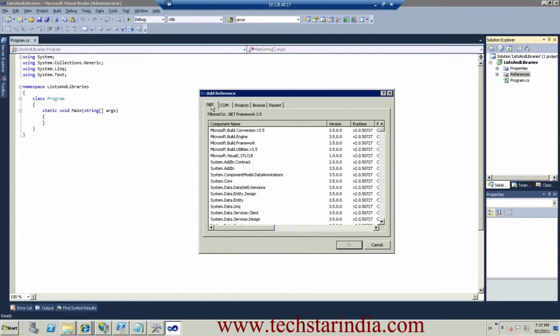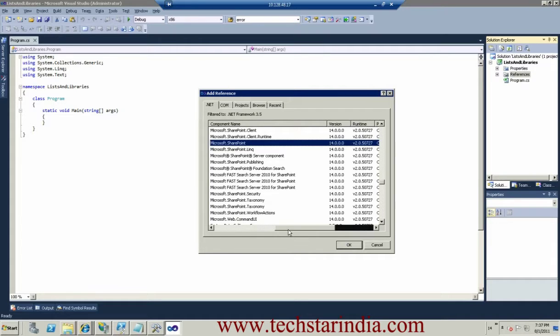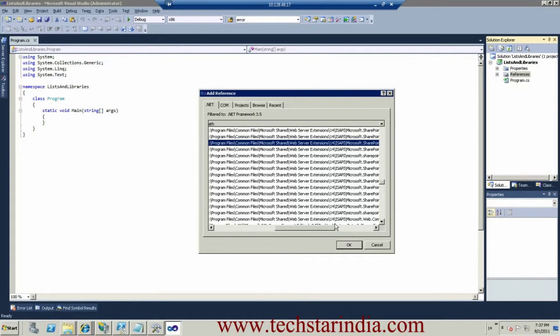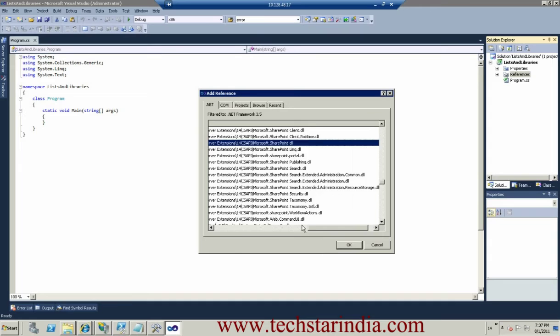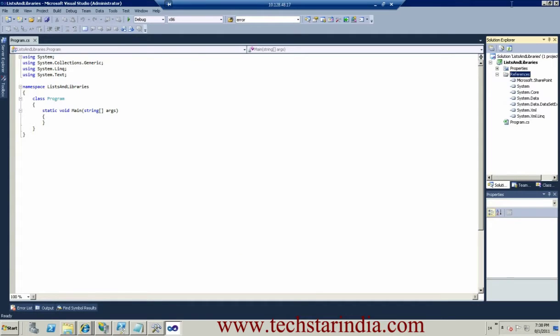So I should go to .NET and add the Microsoft.SharePoint.dll reference. This is available as part of the 14 Hive. Under that, Microsoft.SharePoint.dll. This is the DLL which contains SP site, SP web, and all these objects, so that it can talk to SharePoint server and get the required data for you. So I have added the reference, and then